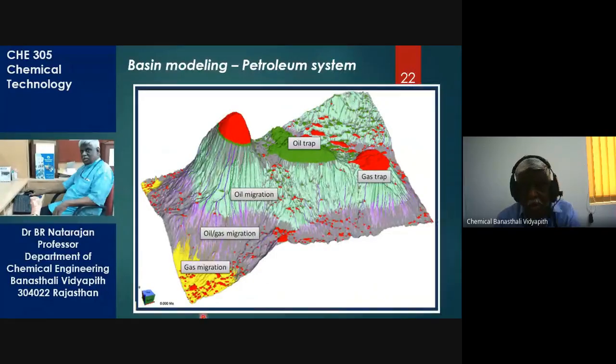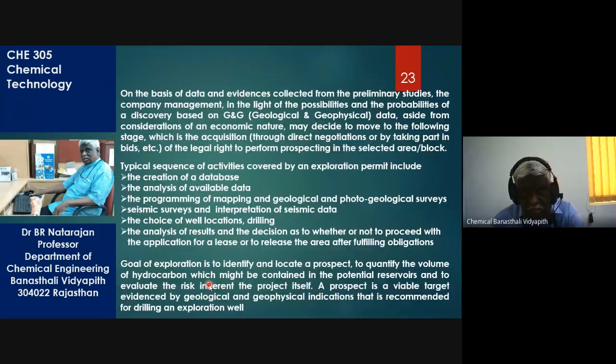So basin modeling and petroleum system, right? Here you can see a very bright oil trap. This part is a gas trap. Here where the oil and gas is formed, they are going by separate routes to the oil trap and to the gas trap. And some gas migrates also and may go entirely to a different place where drilling will end up producing gas only. There are a lot of computer applications in exploration.